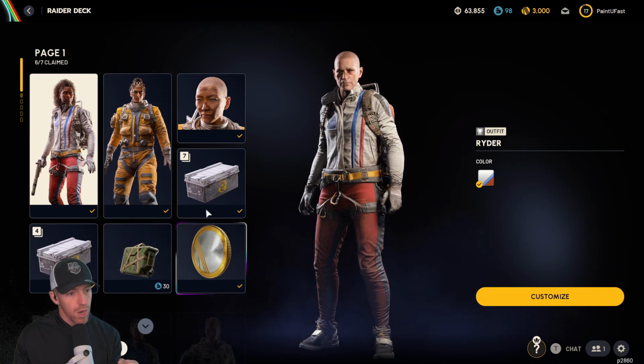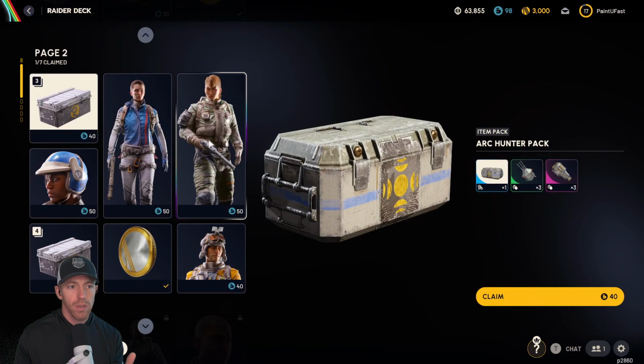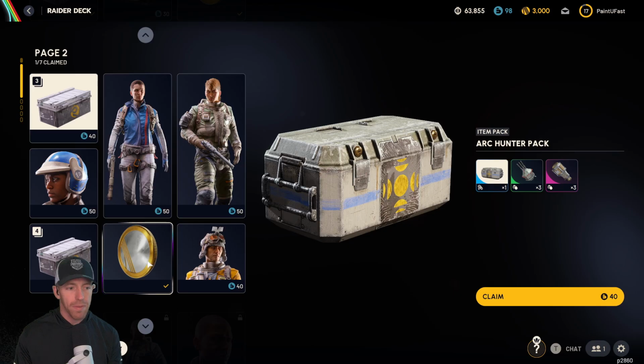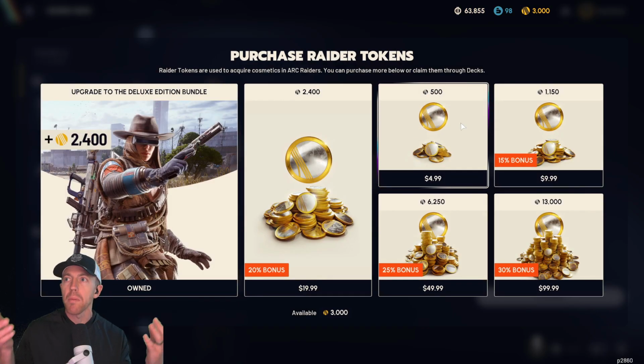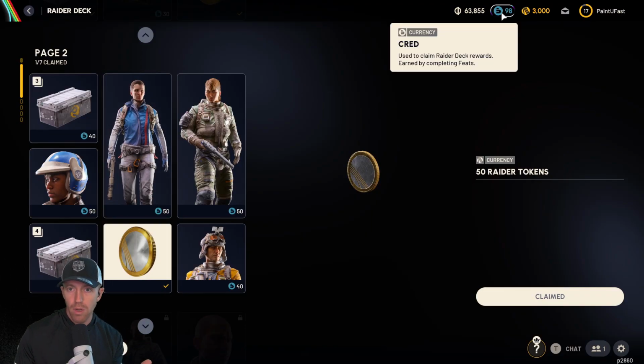Cred can trade for items. The reason that I think it's important to come in here is obviously you can get some cool, you know, different camo or whatever, for your character. But these, I'm coming here for these. The Raider tokens, this is the actual currency that people spend money on to have in game, which to buy much nicer things. And you can get these from the battle pass level type thing, which they call the Raider deck. So I will be focusing on these objectives